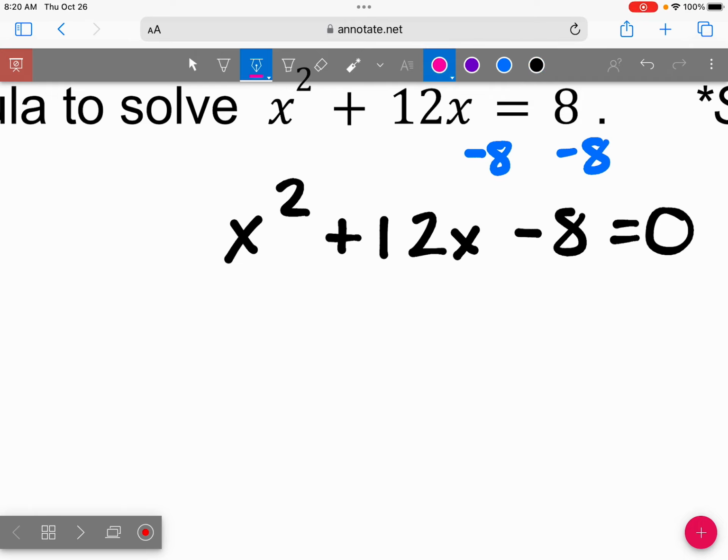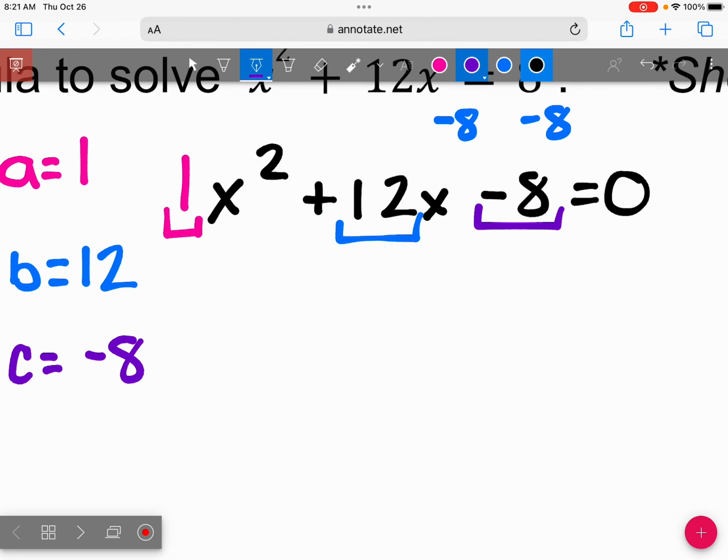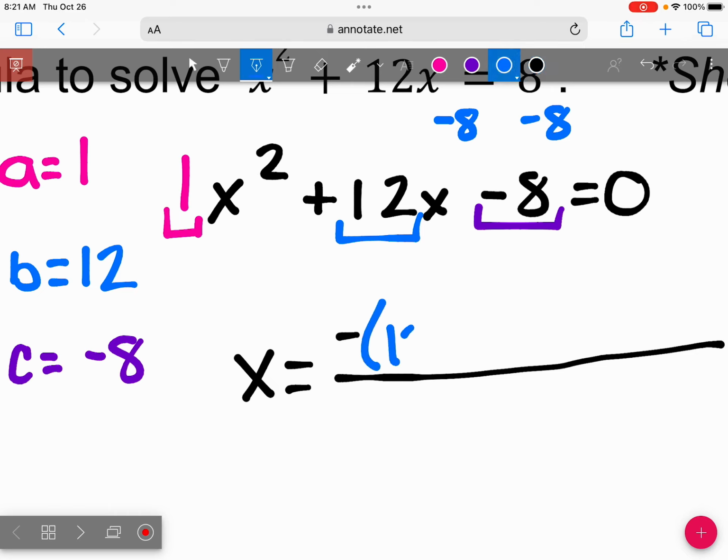What is our a value? 1. It's the number in front of our x squared. What is our b? 12. And what is our c? -8. So we're going to substitute all those into the quadratic formula. X equals big giant fraction. The opposite of b, which is 12, plus or minus the square root